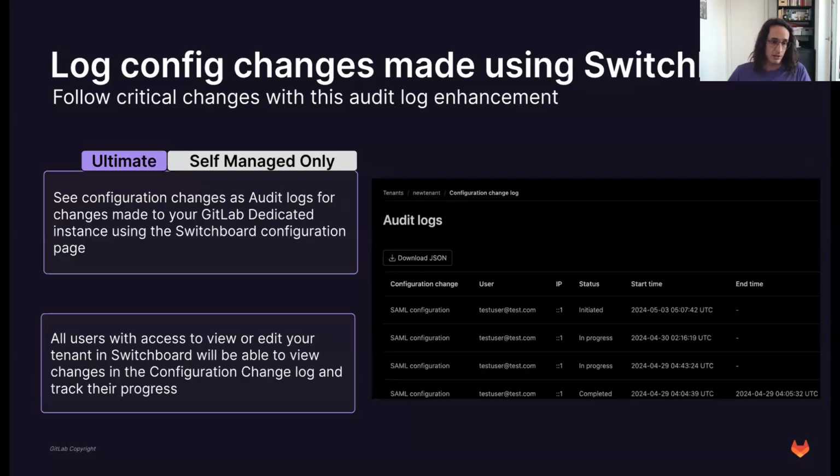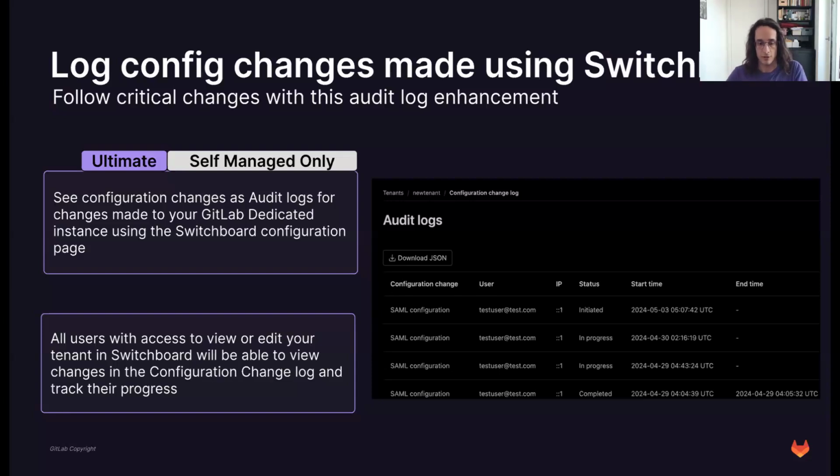And this one, again, just to mention, is a very niche feature. If you are using GitLab Dedicated, which is our third offering next to GitLab.com and self-managed, we have this switchboard, which is like self-service configuration of your GitLab Dedicated environment. Now you can do more in a self-service manner there, and you can see the result of the configuration being deployed or changed in your environment. So it's just seeing what's going on with your GitLab Dedicated instance.